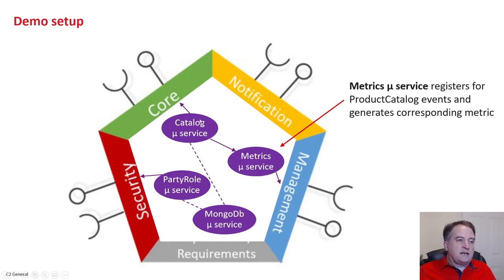Prior to this, we just had a catalog microservice offering up the product catalog, which is the core function of this component. We had a party role microservice, which is serving the party role for security, and both of these were running on a Mongo database microservice. And what we've done, we've added in a metrics microservice, which is then going to offer this metrics API endpoint